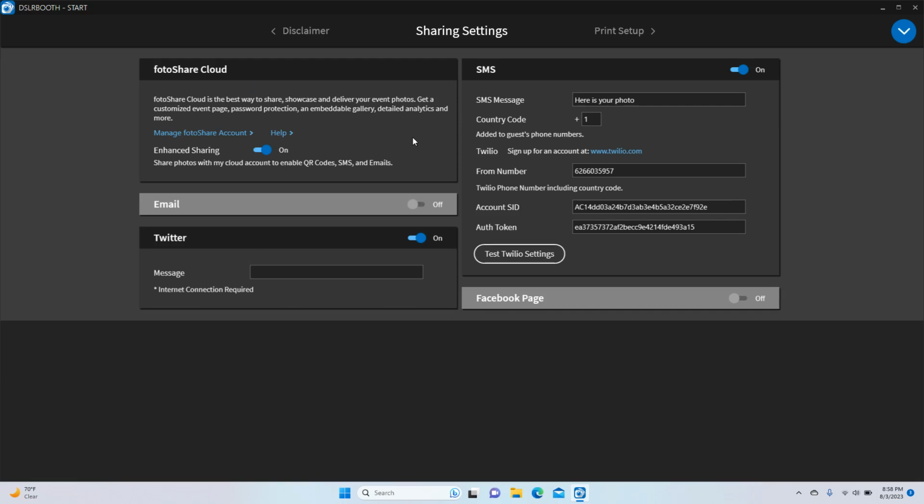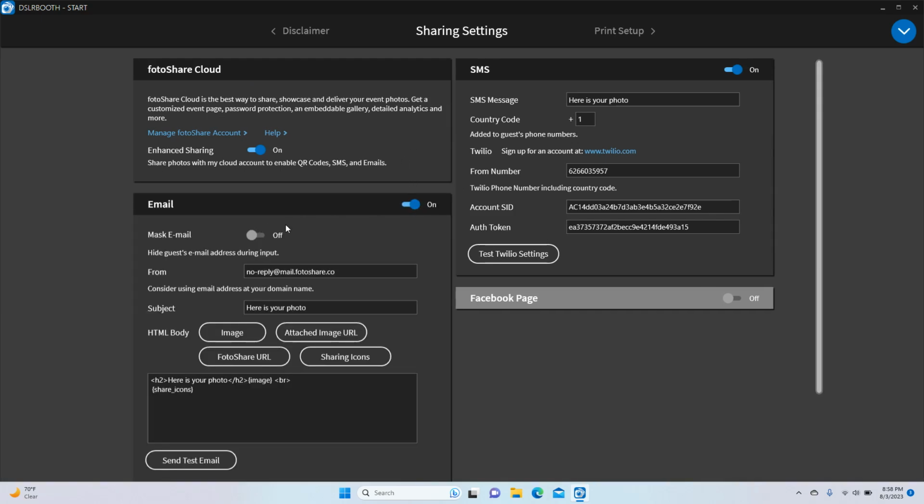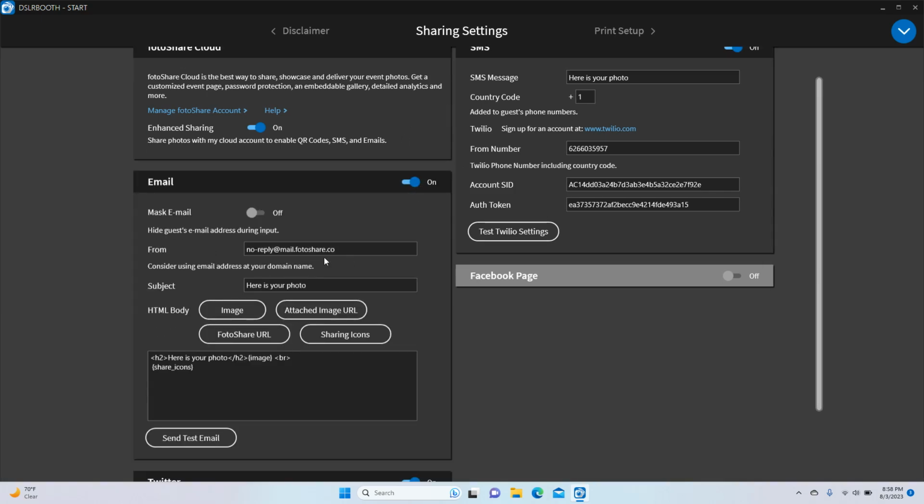Email, if you're offering email, just make sure this is on. Make sure you put from your email here. Also put a subject. Do not erase this section here just because it has your image. It has your attached image URL. So pretty much this is important for you to have in here. You could go ahead and change though